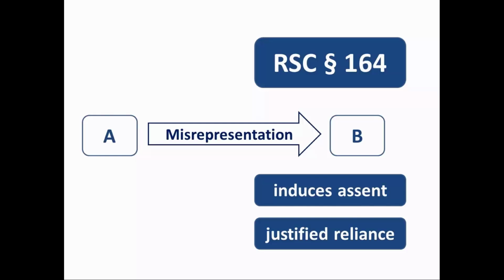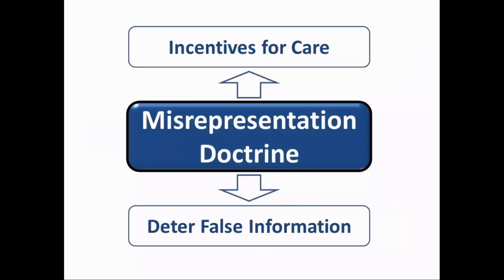This situation is closely analogous to the rule we saw in Drennan and Pavel, when a subcontractor makes an obvious error in bidding on a construction project. The general contractor can't reasonably rely on that bid. Here, once again, a compound liability rule aims to influence both the primary behavior of making representations and the secondary behavior of receiving and evaluating them.